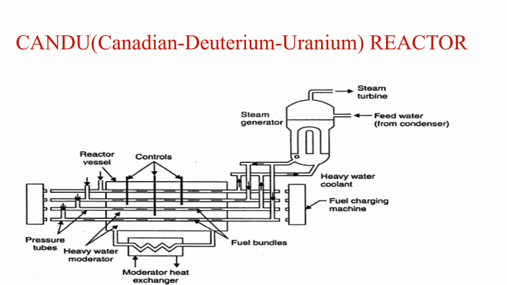Because construction wise, here we use fuel charging machines on both sides. Just carefully observe the diagram. Everyone try to pay attention towards the screen and observe the diagram. What is the difference? If you try to find out the difference, then it means you understood each and every component. Now tell me, what is the difference construction wise between boiling water reactor, pressurized water reactor, and CANDU reactor, that is Canadian deuterium reactor?